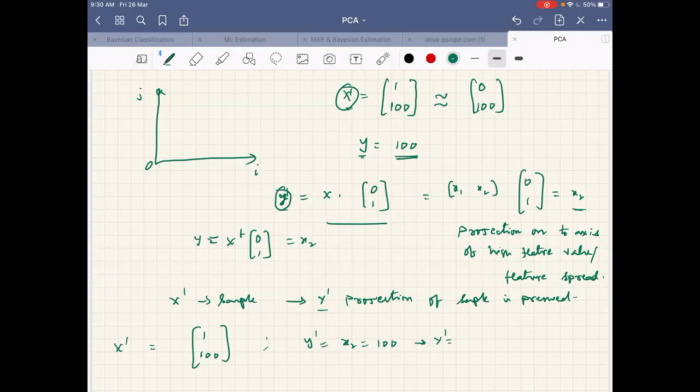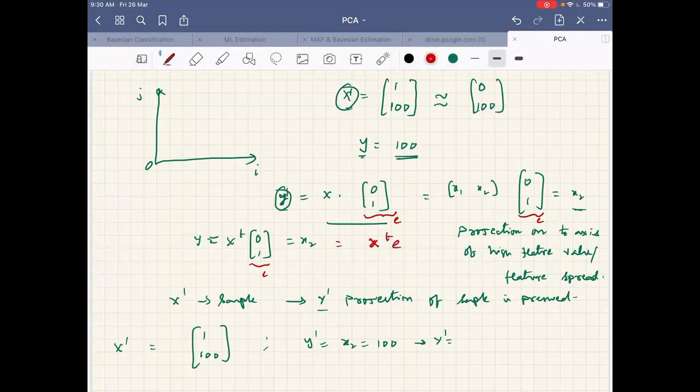Let this be E. The vector on which I am projecting the feature, call this E. Similarly, this also E, and this also E, and hence how you got it is X transpose into E, or X transpose E. So I am projecting onto a vector.